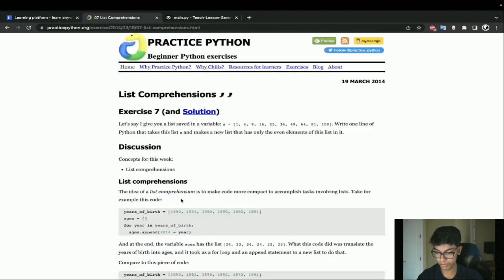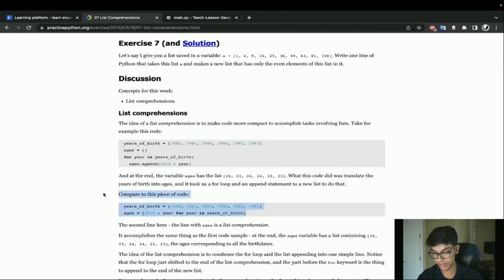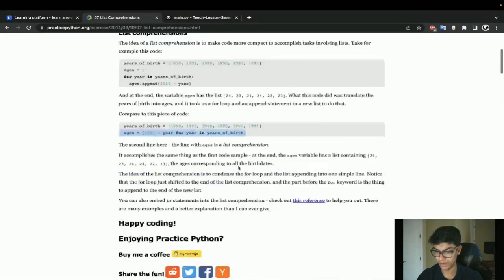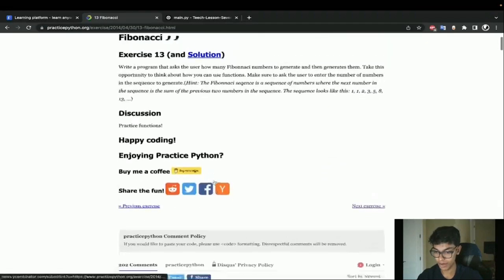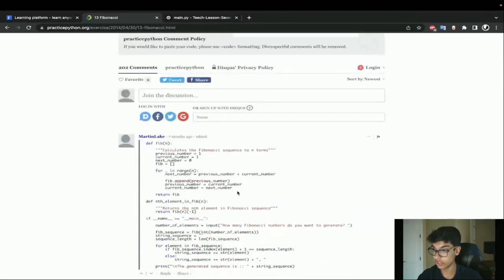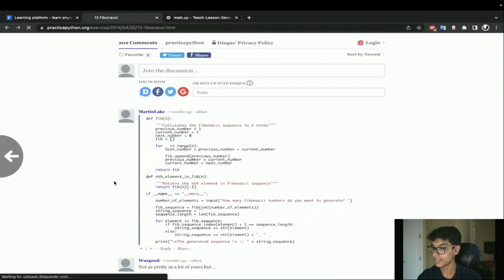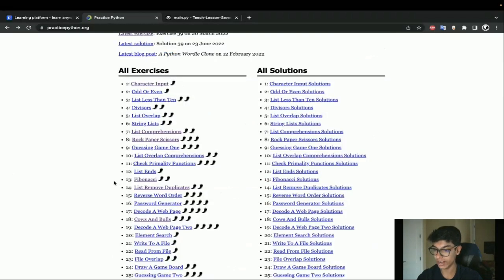So list comprehensions, right? This is something that we've talked about with for loops. We haven't talked about list comprehensions. And think of list comprehensions like a one-liner to do a for loop. I'm not going to get distracted on that, but again, it explains how you can use these things, right? How Fibonacci works, and you can see other people's examples. So this is another way to get some practice. There's solutions and stuff like that. So it's definitely worth taking some time to look at.